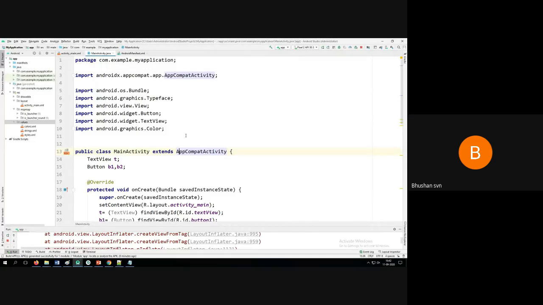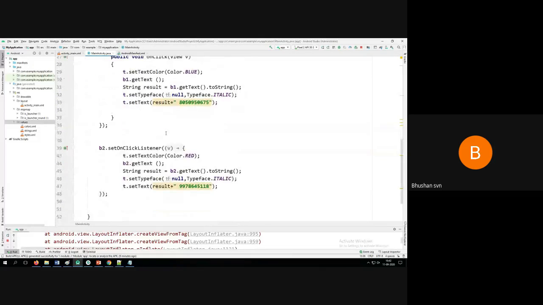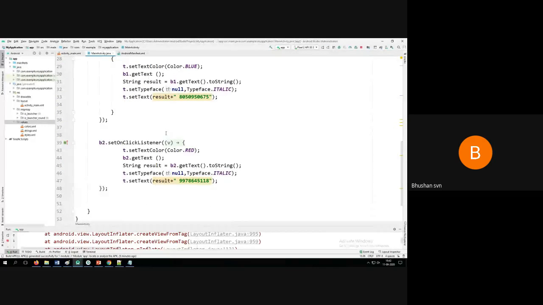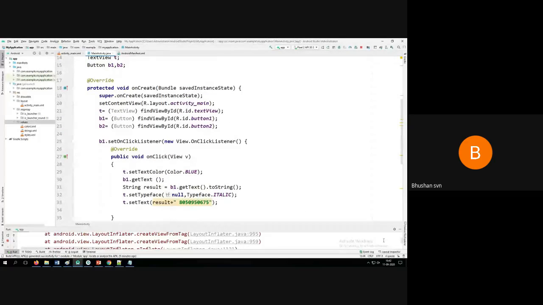Those who are having laptops, try to execute this program, and those who are not, take it from somebody and practice it. Any clarifications?